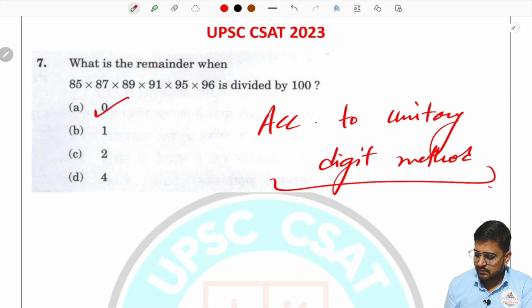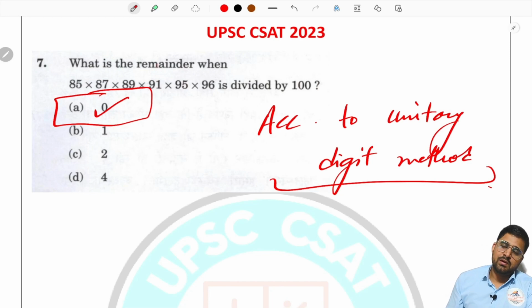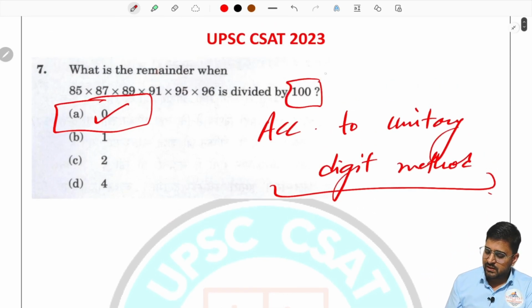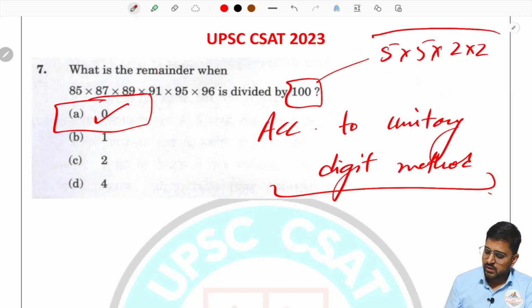Just try to make the unit digit 0. If you find them, the answer will be 0 only. Otherwise, try to break the 100, 5 into 5 into 2 into 2, and try to cut them directly. For example, here you cut this, whatever comes,